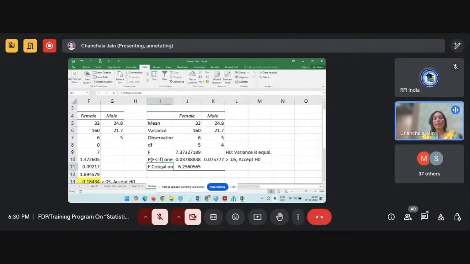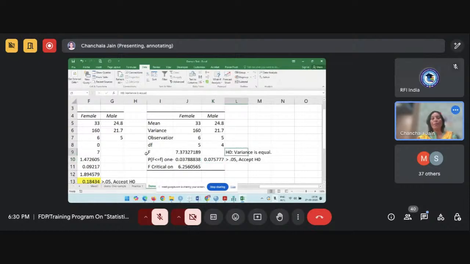You need to see in case of the F test, your null hypothesis will be variance is equal, and you can make your decision on the basis of the P value or the critical value. But the F test provides you only the one-tail F value, so I converted it into two tails by multiplying this value by 2. Now I need to compare this with the level of significance, which is 5%. So I can say that this obtained P value is greater than 0.05, so I am going to accept my null hypothesis, which is saying variance is equal.